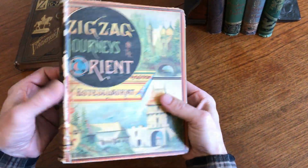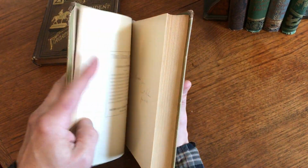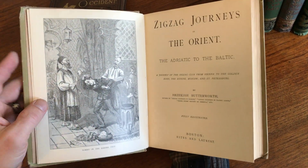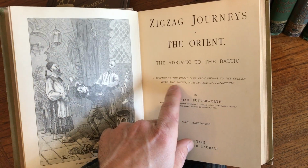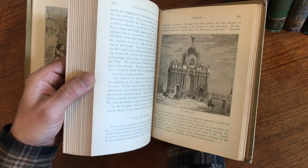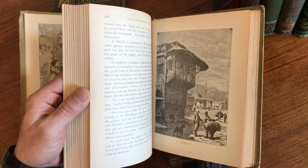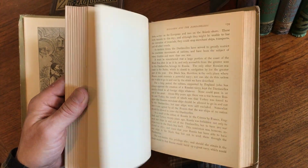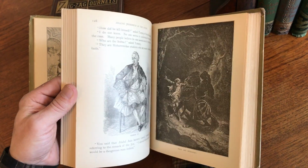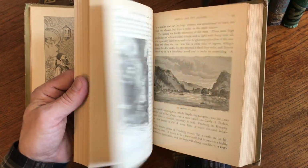Here is a color lithographed paper over boards binding. We see again an 1889 owner's inscription. This one is from Vienna down to Moscow, Black Sea, St. Petersburg, over to St. Peter. There's Moscow, full page here. Just a very nice era of illustration where drawings and wood engravings were transferred for reproduction